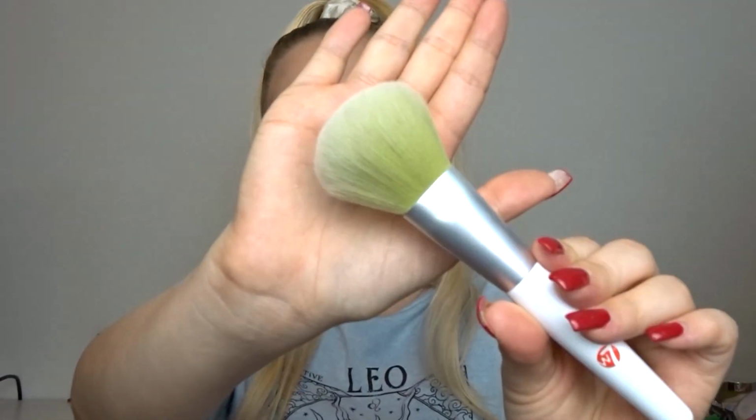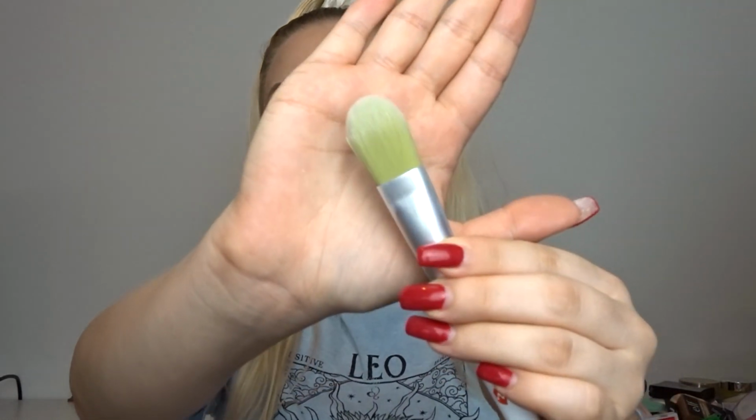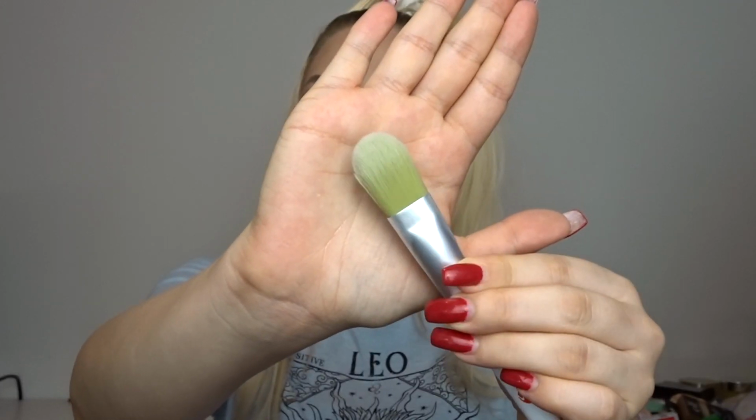it does look like we've got a big face brush in here, which you could definitely use for powder, or that rice powder in particular. I did actually use this one for my blush. This is a slightly more domed brush, so I just put a little of my blush powder on and applied it like that. You also get a flat foundation brush. I don't personally use these types of foundation brushes, but I could definitely use that for applying face